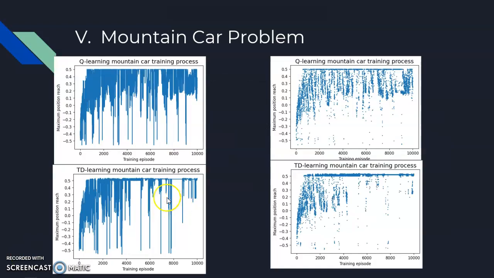And for the solution here, I have Q-learning on the top and TD learning. I use, let's say, TD(0). Q-learning for this problem, and on top, and for the solution, this is